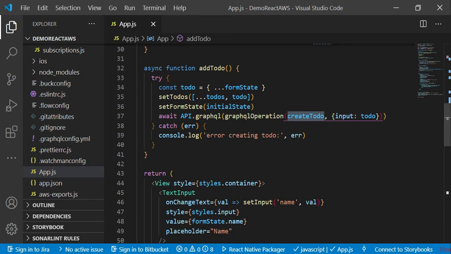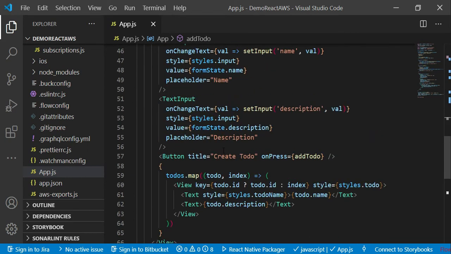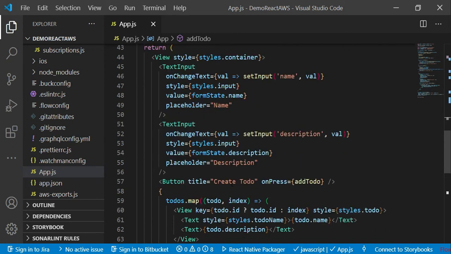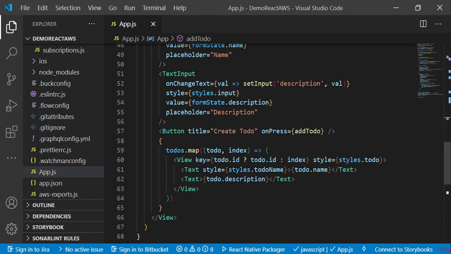Okay, now here this is the user interface. Now see, if you want to execute this particular code, what will happen after execution is you will get one UI. On that UI you will get these two text fields. First one is for name, second one is for description. So you have to provide name, you have to provide description, and when you click on this particular button, then that Todo will be created. And here if you observe these two statements, whatever Todo name that we have given, that Todo name will get displayed on the same form with its description. So these two text fields are taken to display whatever Todo that we have created.